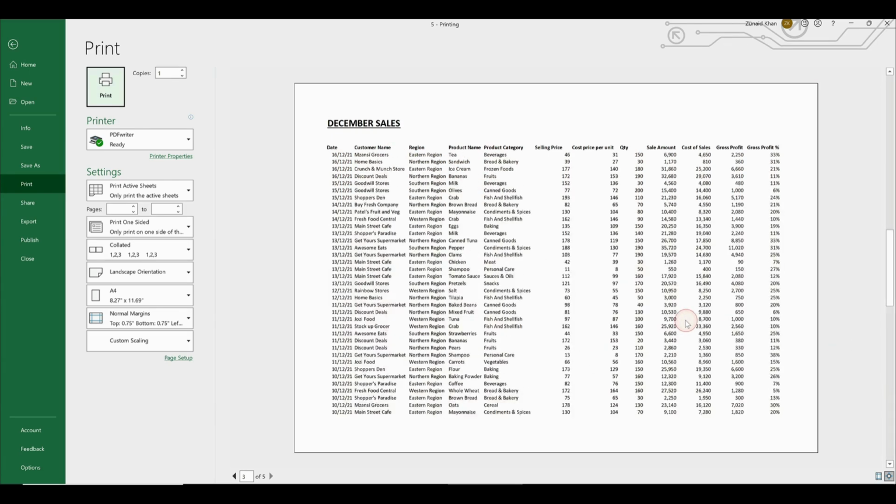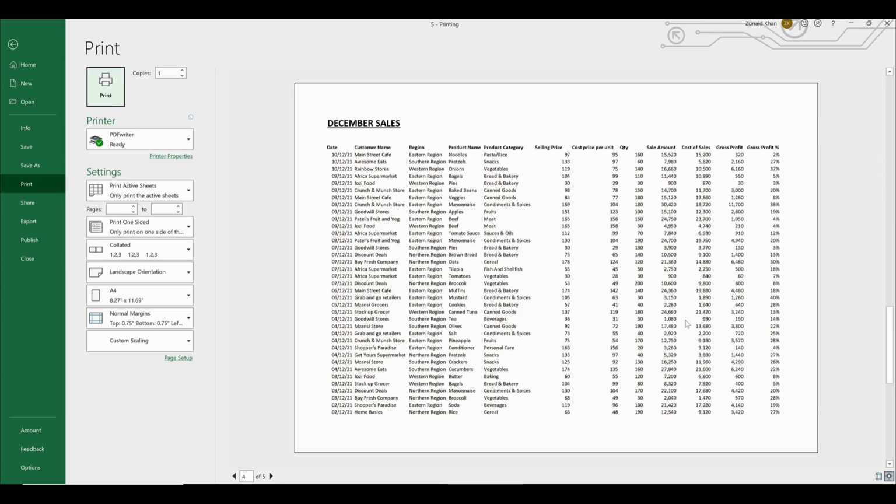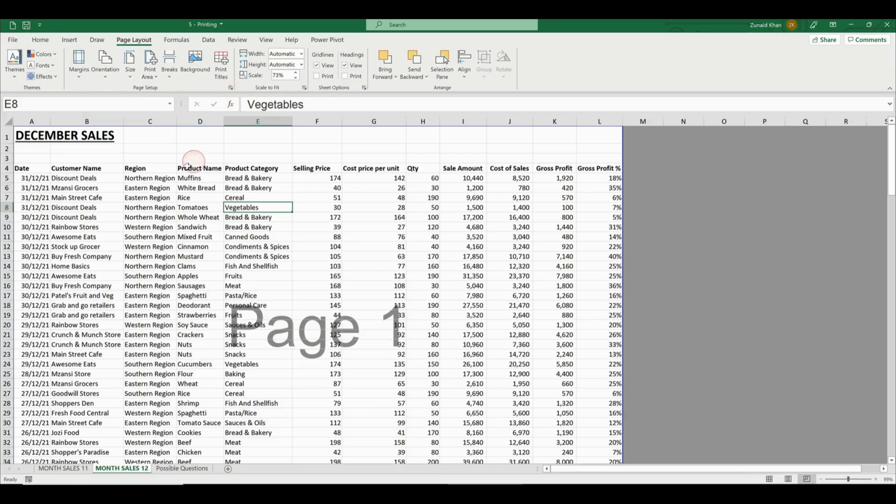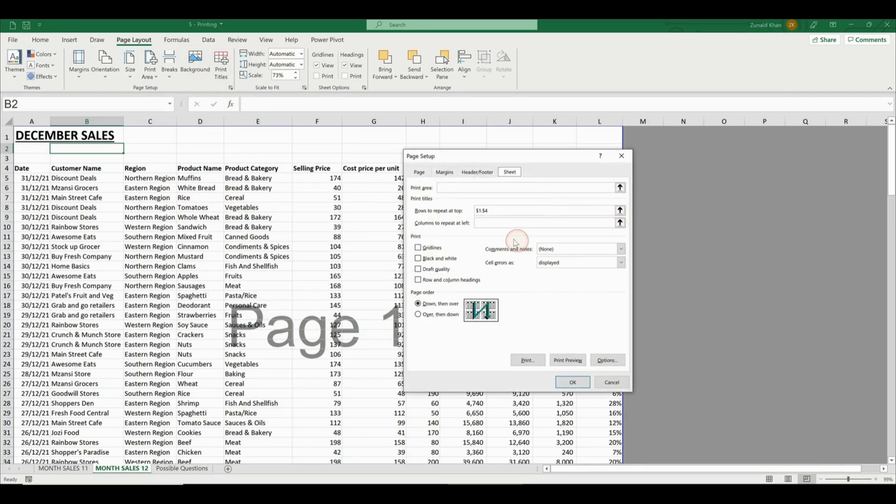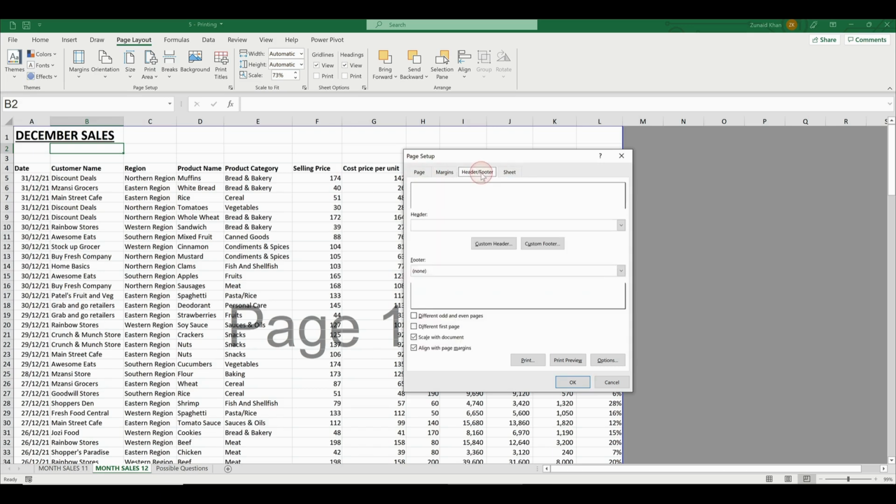Now, one of the things when you're printing this document out, you can see this is page 4 of 5 that I'm on, right? Ideally, we should have something in the footer or in the header that says page 4 of 5. And Excel enables us to do that. So if we go out of here, to make this change, we go into the Print Titles again. And you'll see there is a tab here called Header/Footer in the Page Setup dialog box, right? And in this Page Setup dialog box, we can say, for example, in the header,